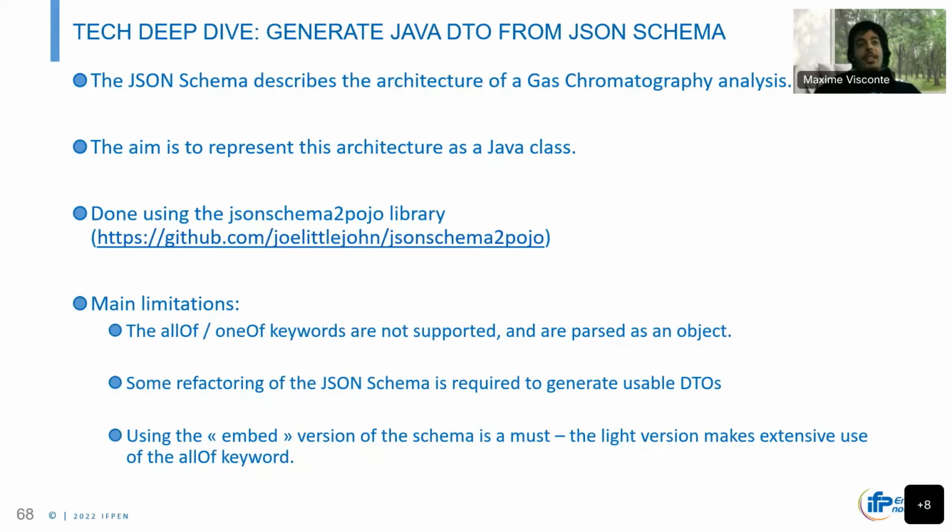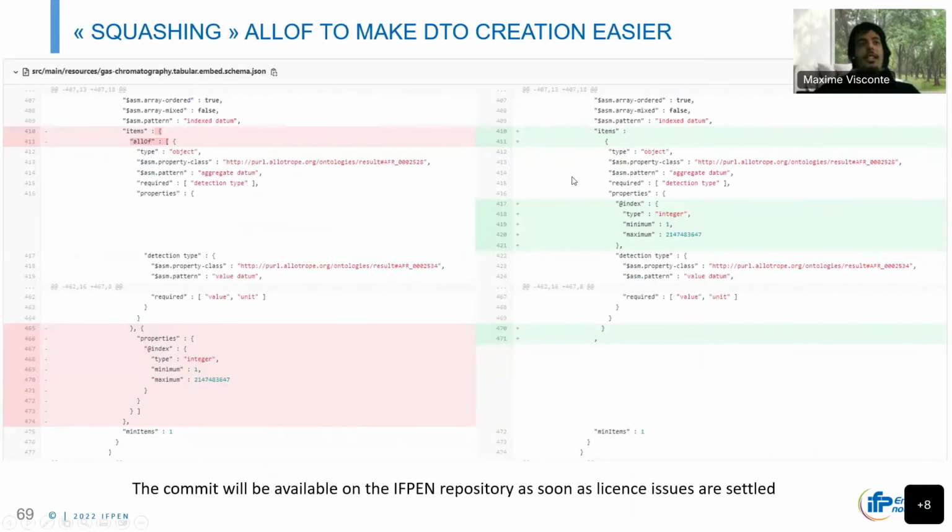So the first step to work around that is to use the embedded version of the schema. As you might or might not know, the Allotrope Foundation ships two versions of each ASM schema. One of them is a lightweight schema, which has not much in there and makes numerous references to the Allotrope website to build the thing. And the embedded schema has everything. It's much more comprehensive. And what we've done is basically get rid of all the allOf